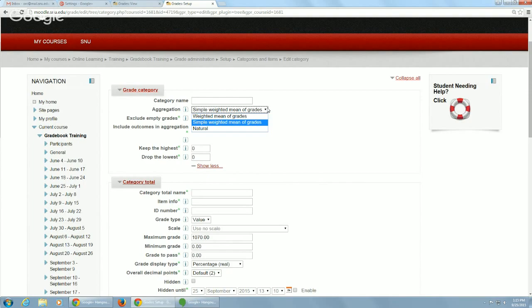So if you plan on using categories in any way, don't use simple weighted unless you want them divided equally. Does that make sense, you guys? Yeah? Okay, we're good. Okay, so the other one, since I've already mentioned weights,